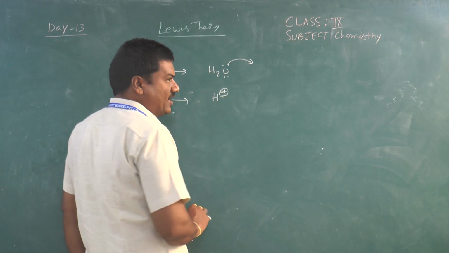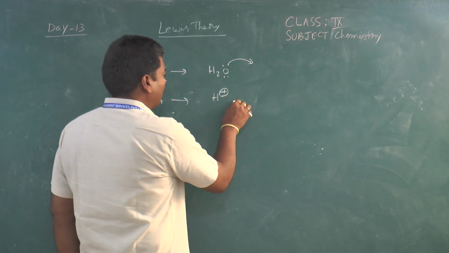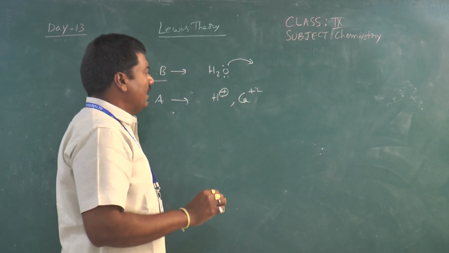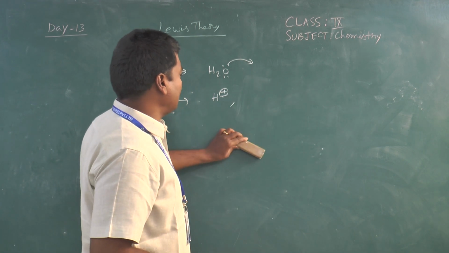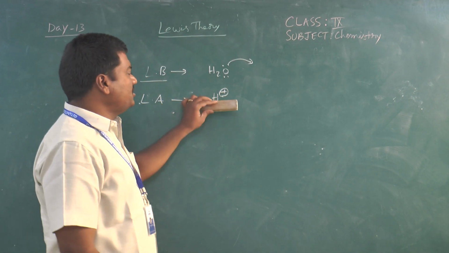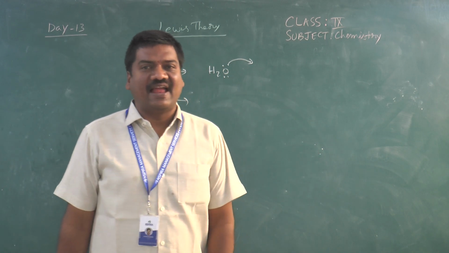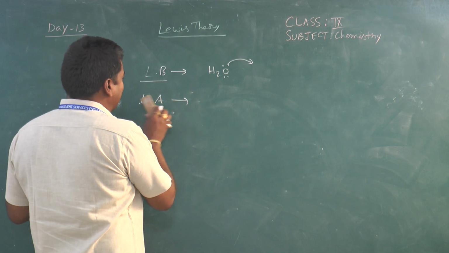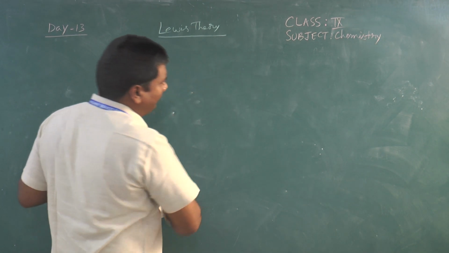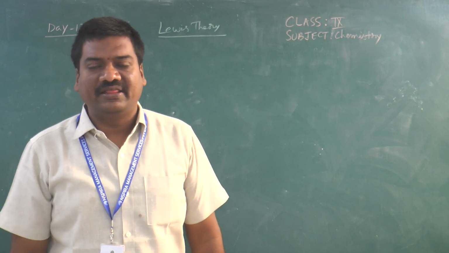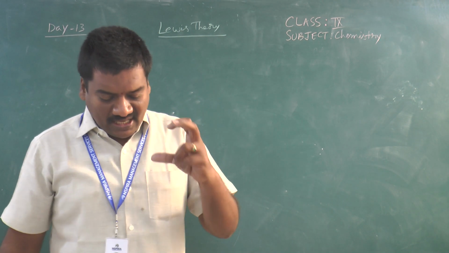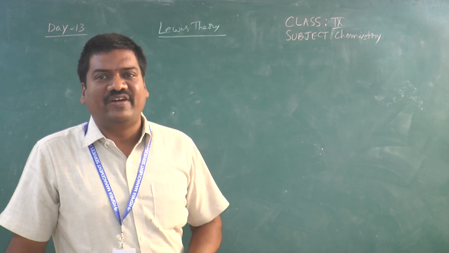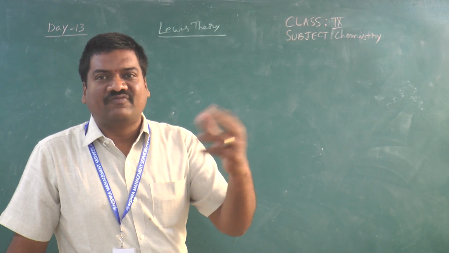Here, if we take the H+ ion, it will act as a Lewis acid. Generally, cations like Ca2+, or species which have vacant orbitals, will act as Lewis acids. Because of the Lewis base and Lewis acid, they can form a coordinate covalent bond. What is a coordinate covalent bond? Between two atoms, one atom alone provides both electrons for the bond formation. Then it forms a coordinate covalent bond.